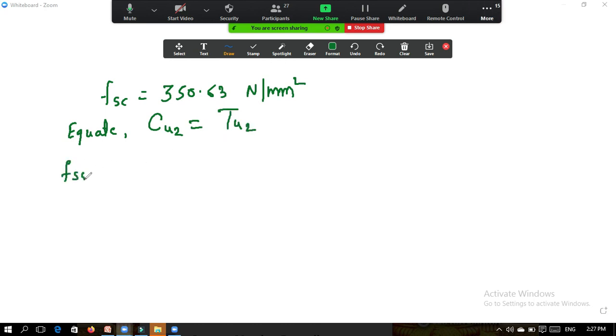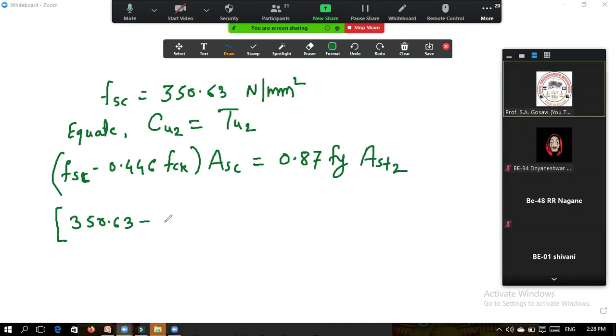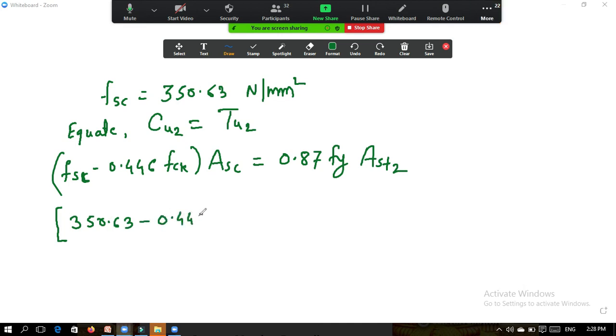It is FSC minus 0.446 FCK into ASC, which is equal to 0.87 Fy AST2. So from this relation, you will get the value of AST2. So FSC is equal to 350.63 minus, here it is 0.446 into FCK is 20